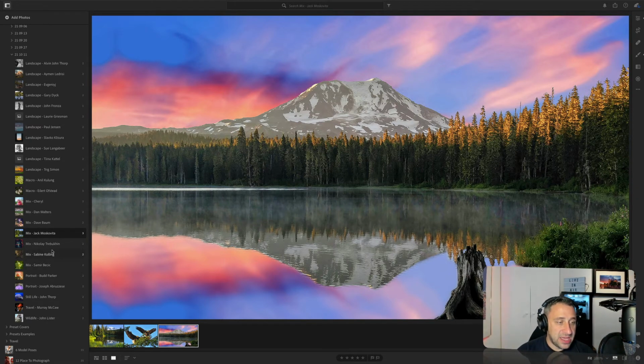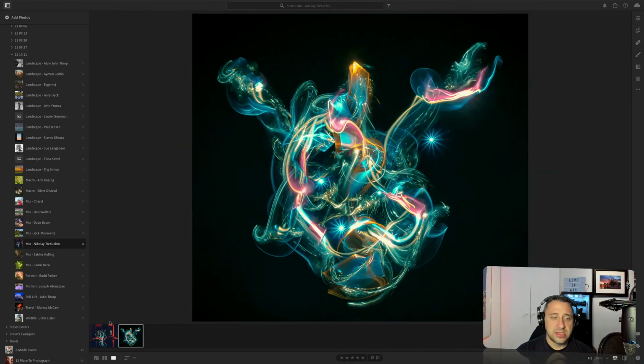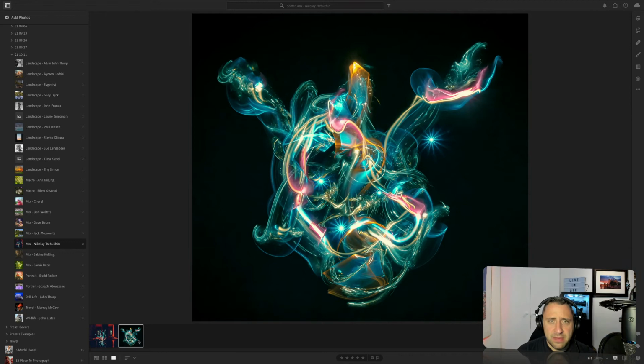Moving on to the next photographer, we have Nikolay. Nikolay sent us 2 photos, and they are almost kind of abstract photos. So let's have a look at them. So we have this kind of interior with some kind of light work, and it's maybe like a long exposure, somebody painting with something. And then again, here we have maybe even more long exposure inside of a really dark